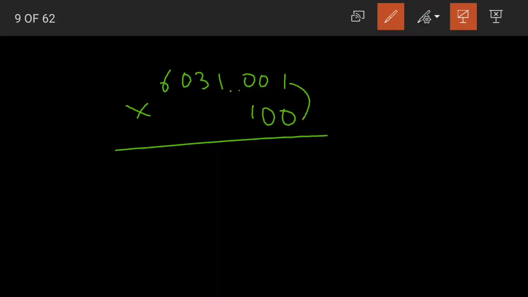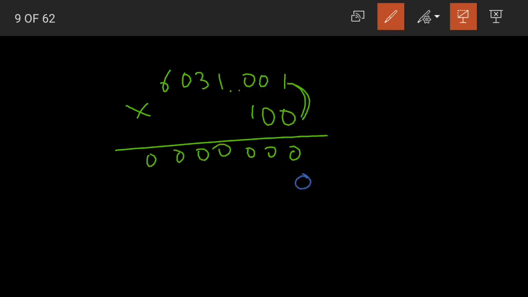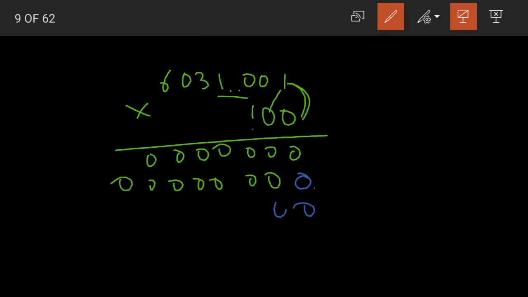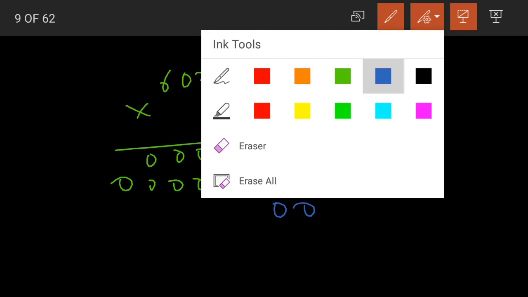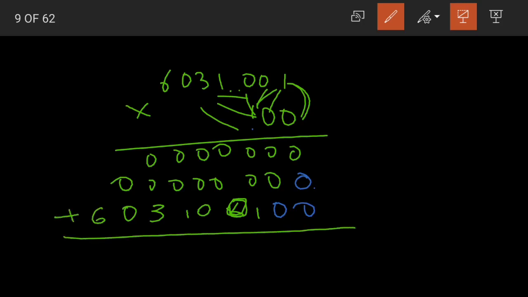Now start multiplying. 1 zeros are 0, everything becomes 0 only, right? 0 into everything. Then for the second line, before multiplying we have to place 1 zero here. Then again 0 into everything becomes 0 itself. Again for the third digit 1, before multiplying we need to place 2 zeros. Again 1 zeros are 0, 1 zeros are 0, 1 ones are 1, 1 threes are 3, 1 zeros are 0 and 1 six is 6. So these are our partial products.